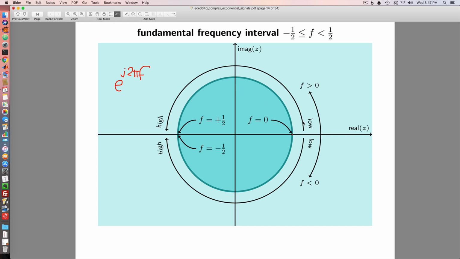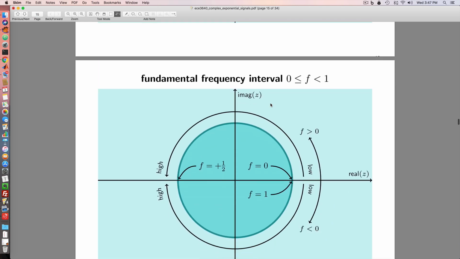And so low frequencies tend to be over here, high frequencies tend to be over here, and that's all the frequencies there are. There's no more frequencies than that because of this aliasing property. Frequencies outside this interval alias back into this interval, and so they're equivalent to frequencies that arise just in this one travel around the unit circle. So that's if the fundamental interval is -1/2 to 1/2. On the next page here, I'm showing